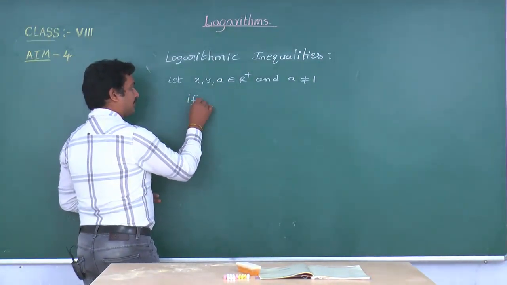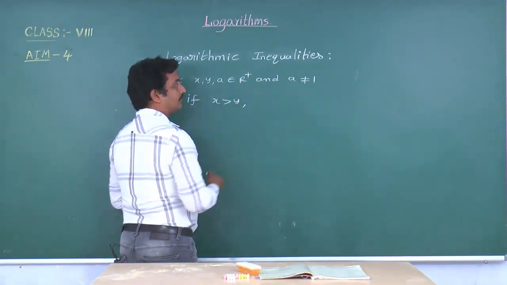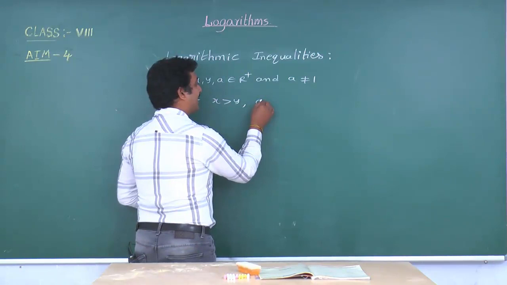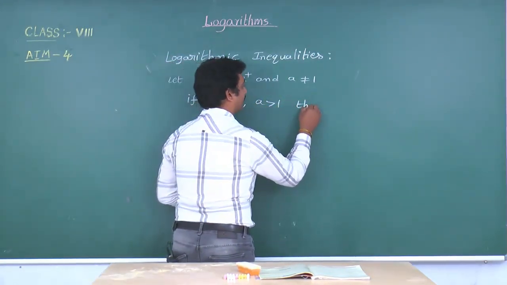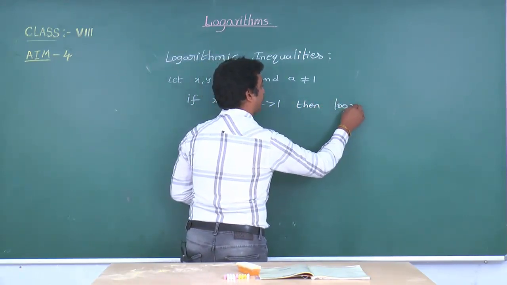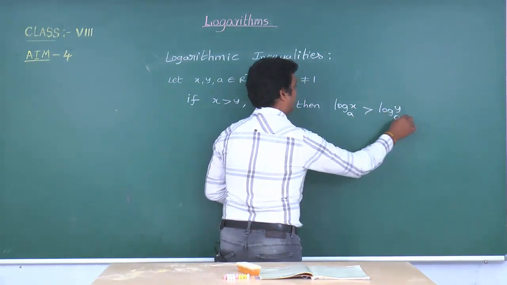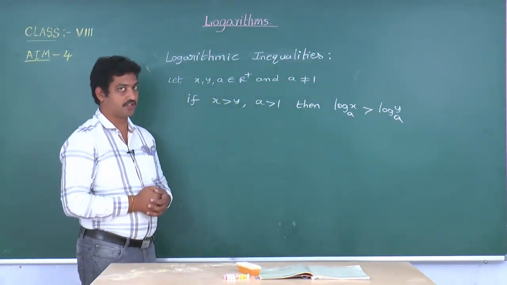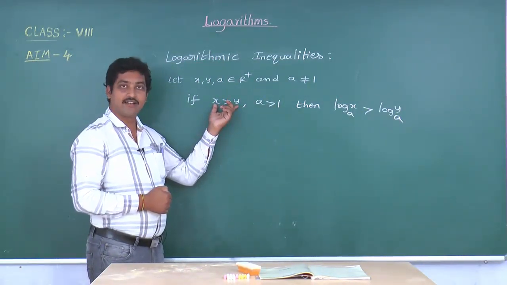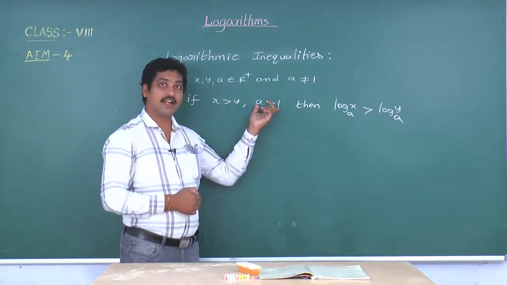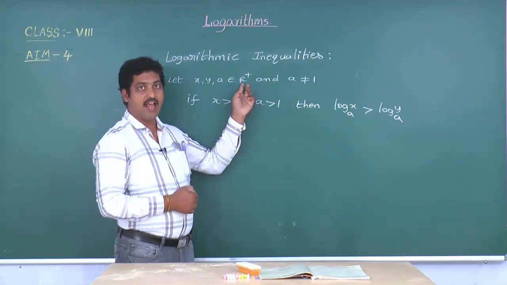If x greater than y and a greater than 1, then log x to the base a is greater than log y to the base a. What do you understand? Whenever x is greater than y and the base is greater than 1, because a belongs to R plus and a not equal to 1,